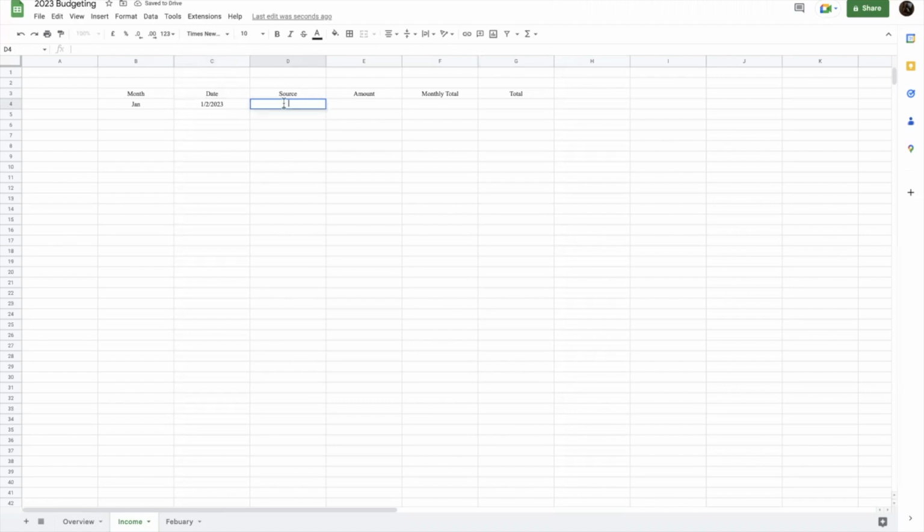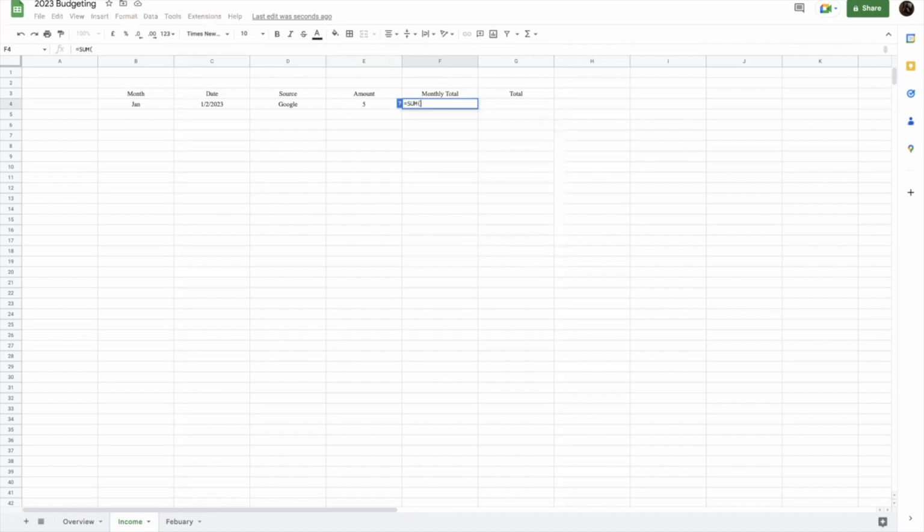The source is, I don't know, since we're using Google Sheets, Google. The amount is, I don't know, $5. Monthly total. Okay, here's where the math is. First of all, equal